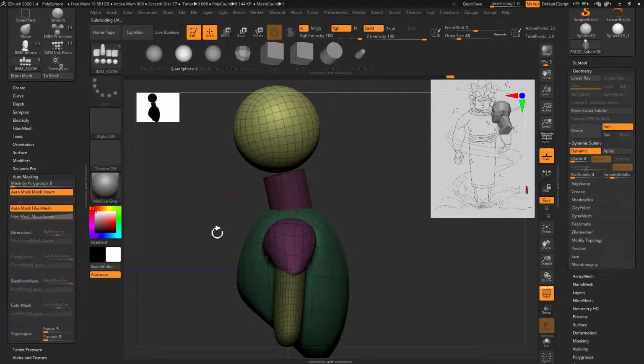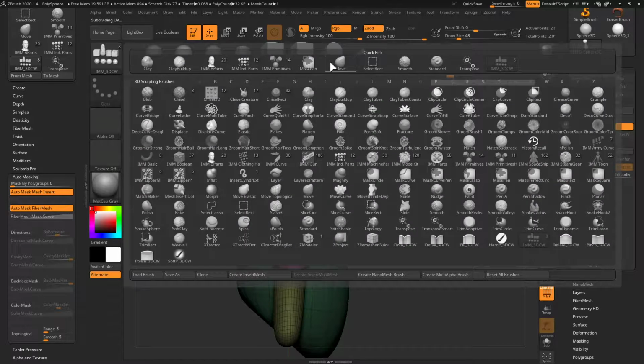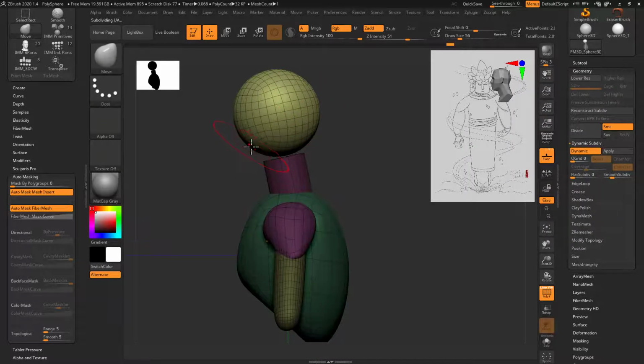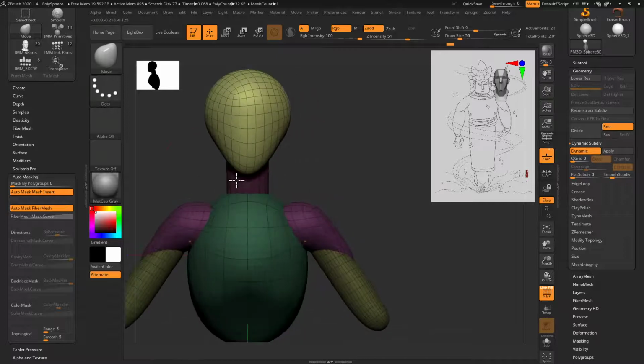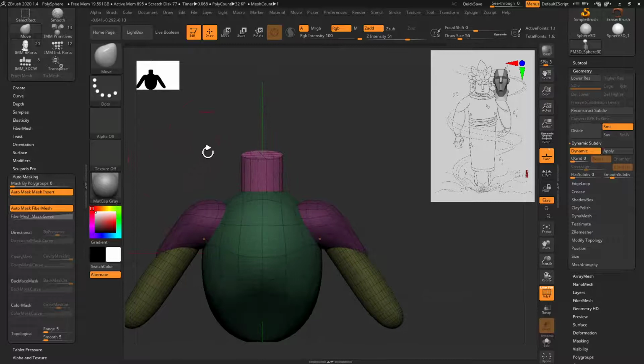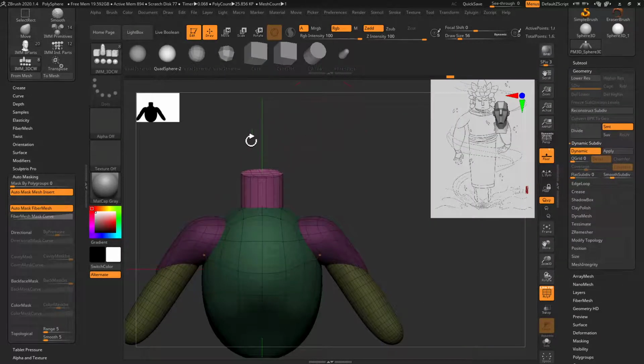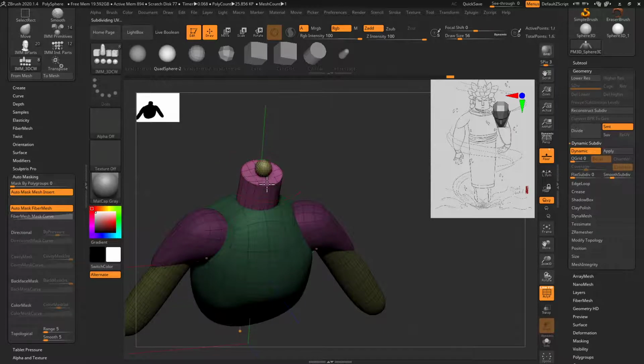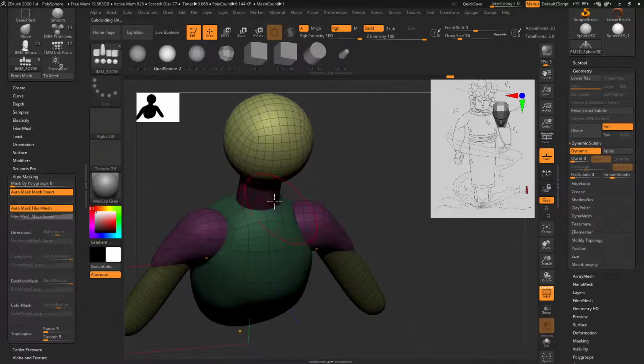Okay, and then I'm going to go back to move. Just the move brush, all it does is move geometry, and then we're just going to start moving stuff around here. It doesn't matter that it's not symmetrical. If you want to keep it symmetrical, I think you have to go here into the viewport and insert. There's one way to make it symmetrical, but we're not going to care much about that